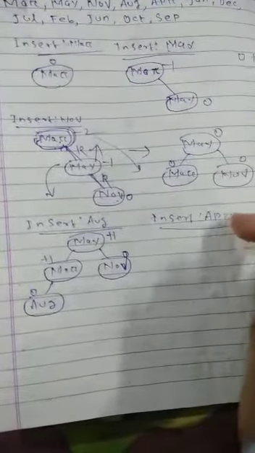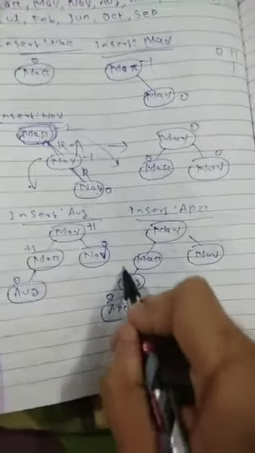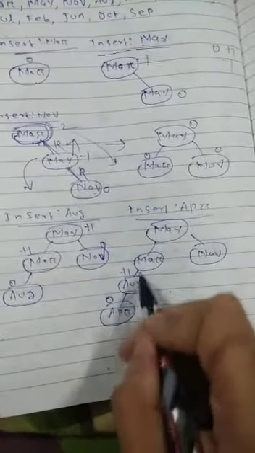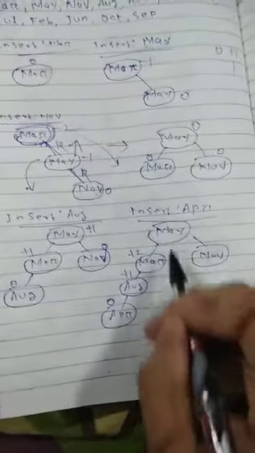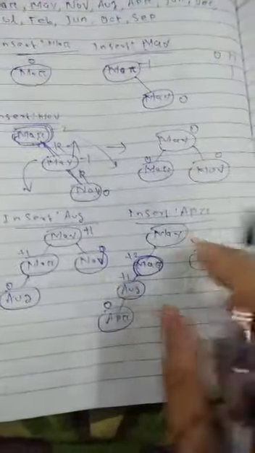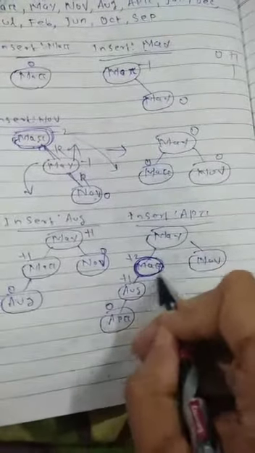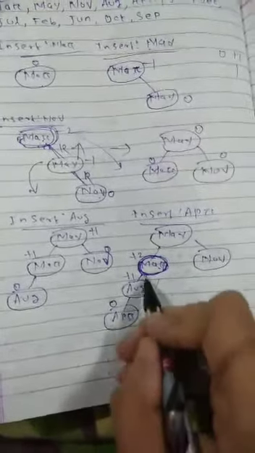After April is inserted, the binary search tree is okay. Then calculate the balance factor here. It is 0. Then for this it is plus 1. Then for this, 2 minus 0, that is plus 2. Whenever you find a violated node, there is no need to calculate the balance factor for other nodes. This is the violated node and this is the newly inserted node. Go towards the newly inserted node and consider two hops, one hop, two hops.